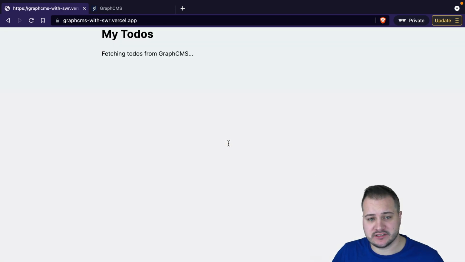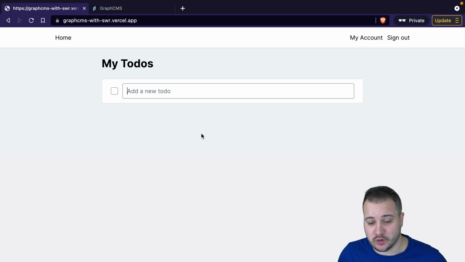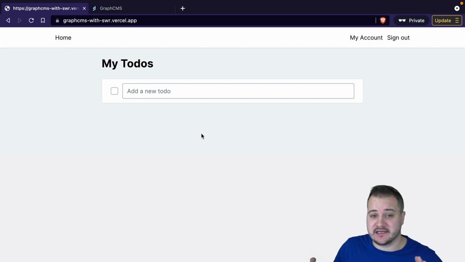And once we are logged in, the application will show a list of to-dos. So this is the example. This is using SWR. I understand not everybody can use GraphCMS or use GraphQL on the front end and immediately adopt GraphQL. So this is kind of a hybrid approach. We're using GraphQL and GraphCMS to store the data and retrieve the data, but what we're using on the front end is SWR inside of our API routes to handle communicating all of the data we need